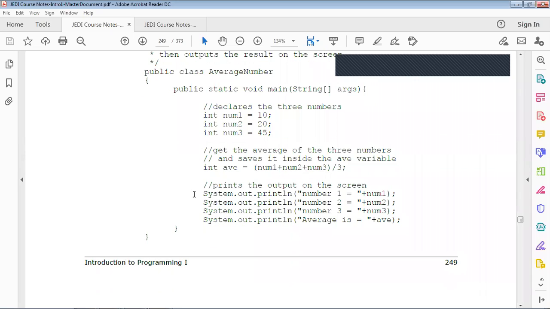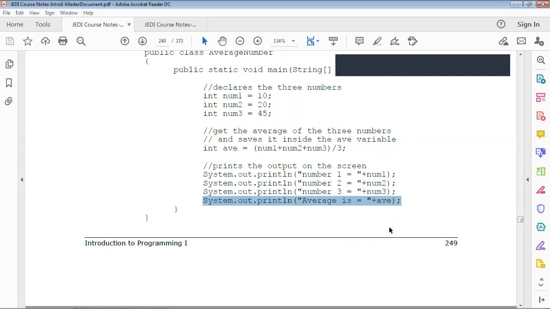So it will call or invoke num1, num2, num3 because of the plus sign. 10, 20, 45, then divide by 3, then get the average here. Now, it will display the average of 10, 20, and 45.